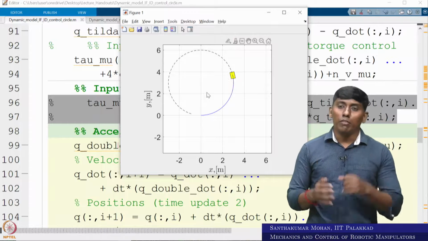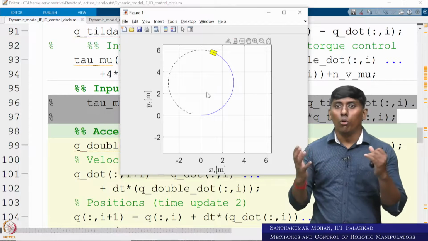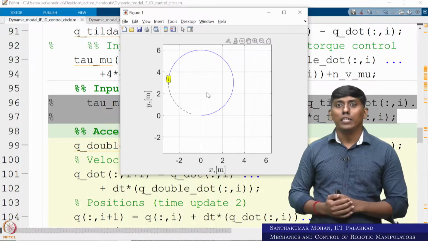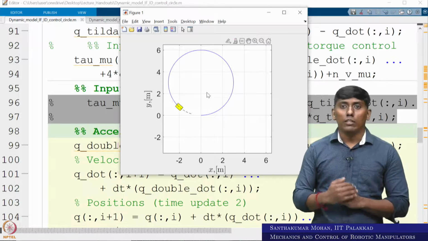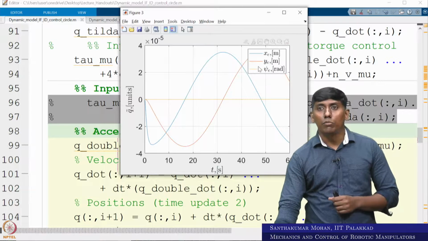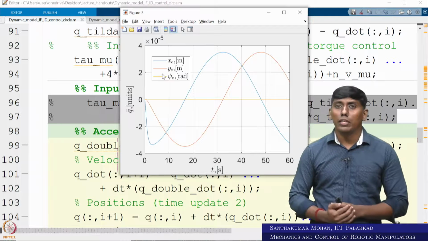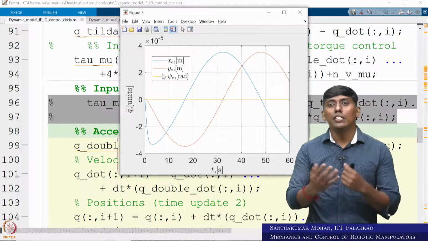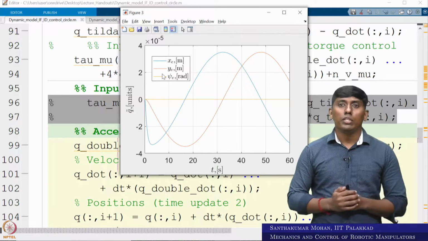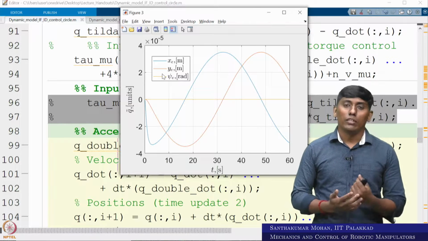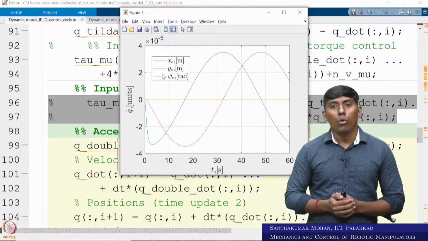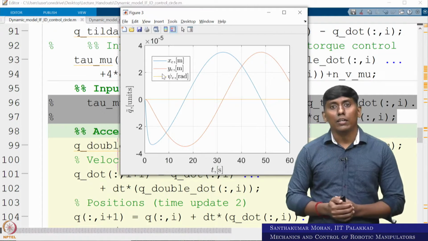I hope you have enjoyed. The whole course has given a whole idea, and this particular lecture is a recap of whatever we have seen from the beginning to the end. That is the whole idea. Now if you look at the error, earlier it was 0.01 or something, now it is 10 power minus 5. That is the beauty of model based control. If your model is very accurate, then you can go with classical control like model based control. That is the whole idea here. I hope you have got the whole essence of what we intended in this lecture.